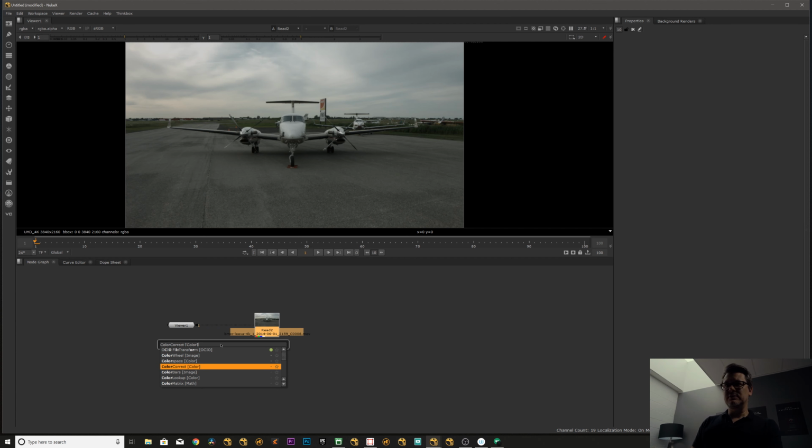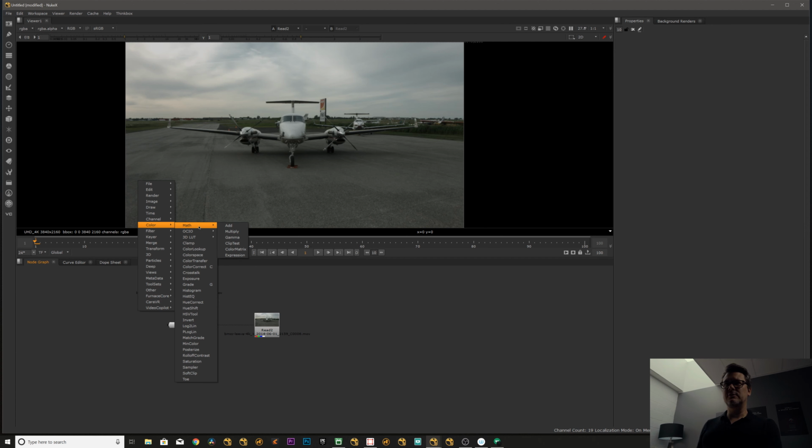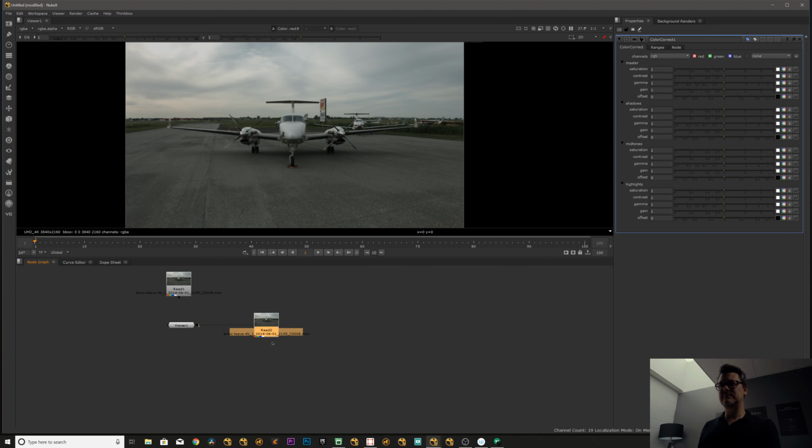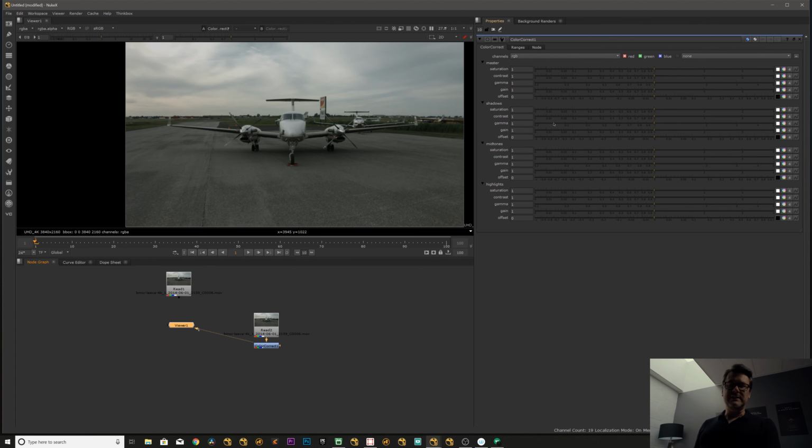For color correct, you can press Tab, Color Correct. You can go into Color and then ColorCorrect. And as you can see, it's a shortcut, C. So in our case, C will create the node. In the node, you're going to get